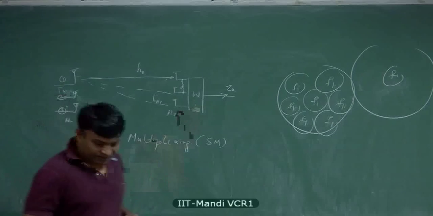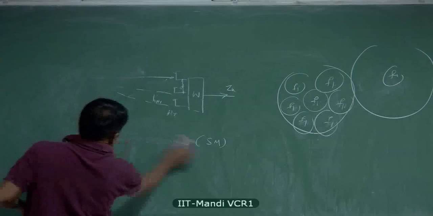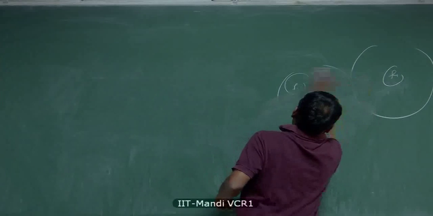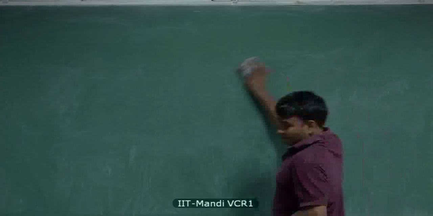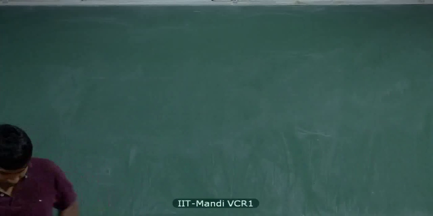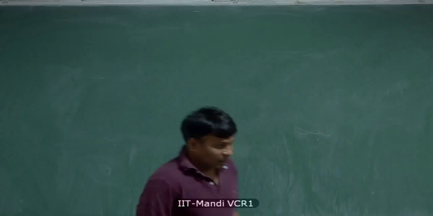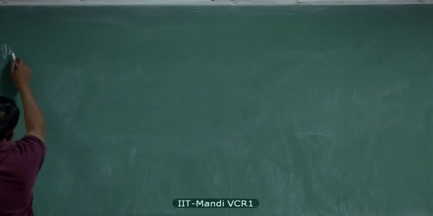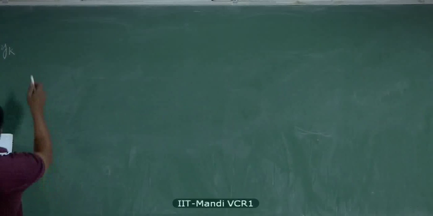So let's develop such a receiver. Okay, so we'll begin with a system model. The signal received at a given receiver can be written as